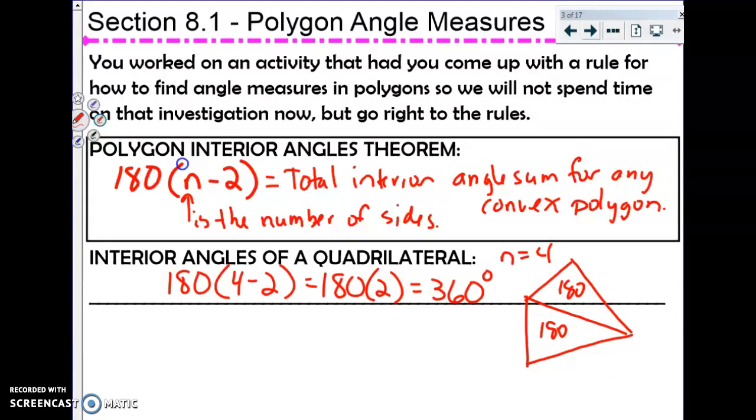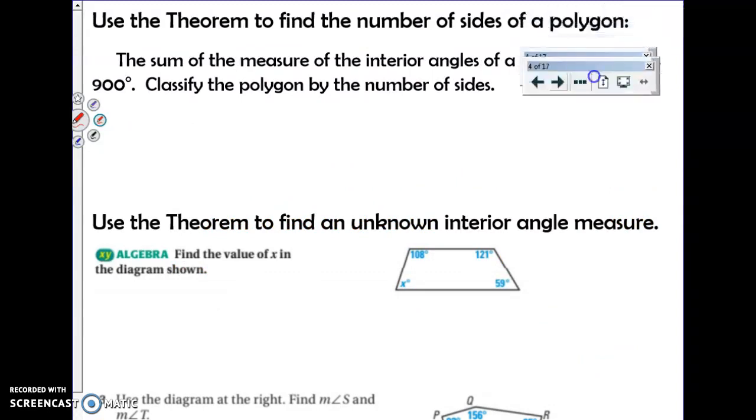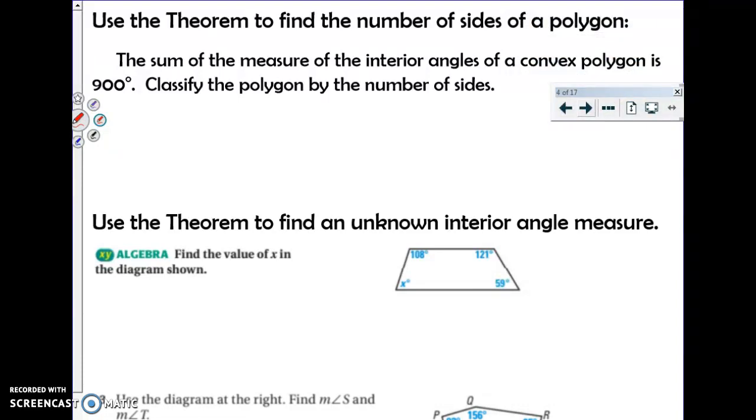So that's basically what this video is going to be about, using the interior angle sum, and more specifically for quadrilaterals it is 360, but we're going to do a couple other types of polygons as well. So we're going to practice that theorem. Actually, we're going to work it backwards. We're told in this case that the sum is 900, and we have to find out how many sides it has. So here's my formula,